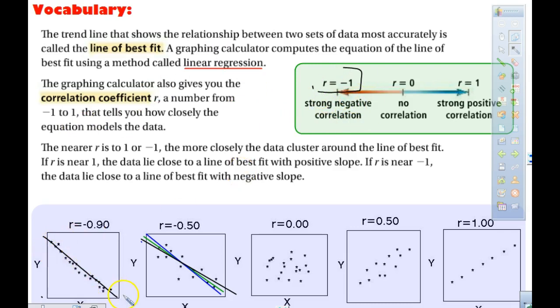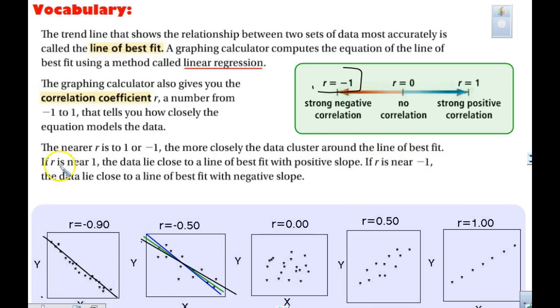It means almost every point is on your line, whereas a +1 strong correlation is going to be a positive slope, and it means almost every point, if I draw a straight line, would be on that line. The 0.5, -0.5, not as strongly correlated. 0, there's no correlation, right? This would be like if I was doing your height and your IQ. Okay, so it says the nearer to 1 or -1, the more closely the data is clustered to the line